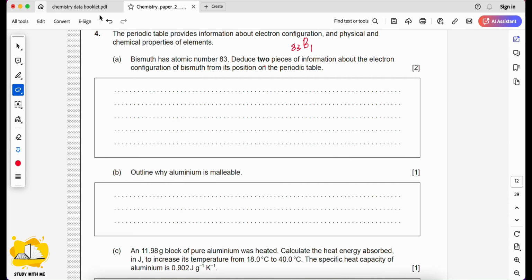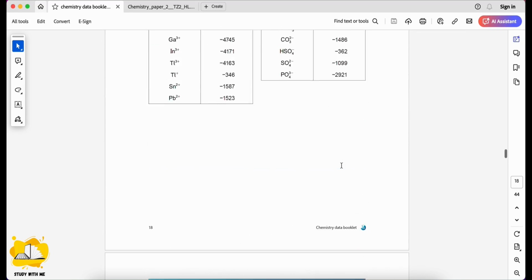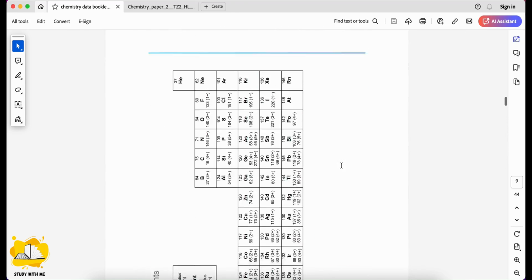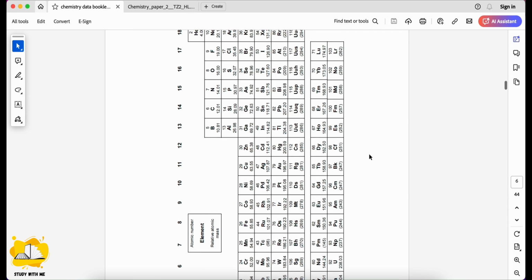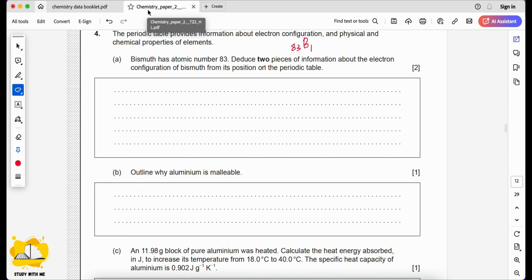If we see the periodic table for bismuth, it's period 6 and group 15. So Bi has 5 valence electrons,